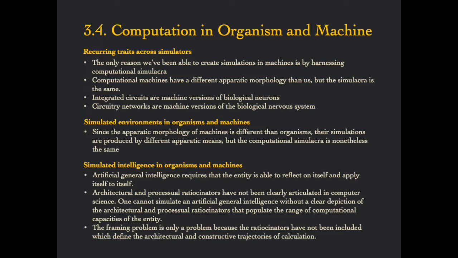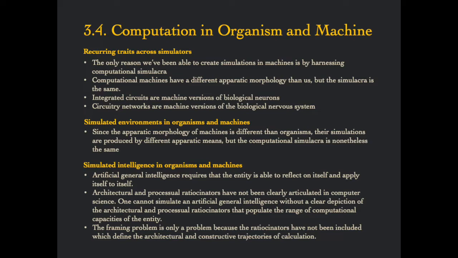And in terms of simulated intelligence in organisms and machines, artificial intelligence requires that the entity is able to reflect on itself and apply itself to itself. Real artificial general intelligence is going to require this. And the architectural and processual ratiocinators, which are the means in which computation computes, haven't been clearly articulated in computer science. Like I said in the video on the architectonic of simulation, when I gave an overview about it, the thing is that